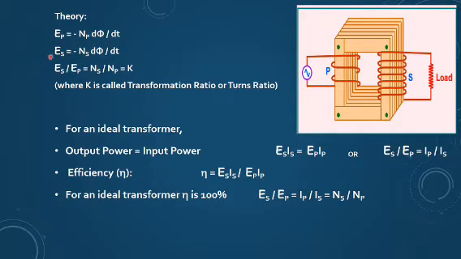Similarly, for the secondary, you can write it is minus Ns, where Ns is the number of turns in the secondary coil. It equals d phi by dt, or you can write d phi 1, d phi 2. If I divide these two, I get Es upon Ep equals Ns upon Np, and this ratio comes out to be a constant all the time. If we find it experimentally, this is termed K, which is named the transformation ratio, or the turns ratio, or simply the transformer constant.